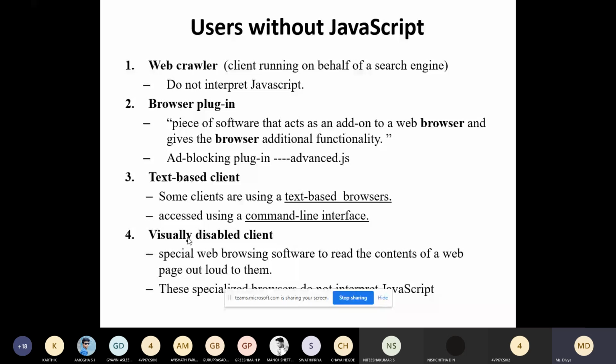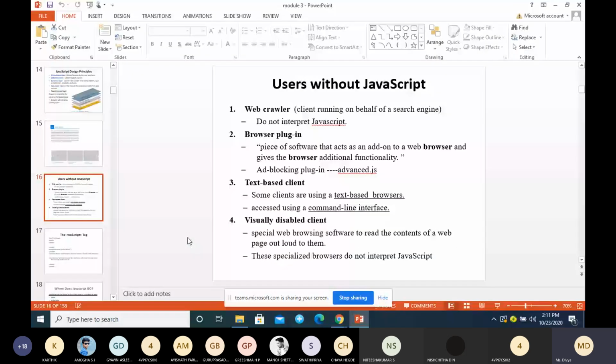Sometimes the special browser which is meant for visually disabled people may not understand the JavaScript code. So these are the four drawbacks where you will not be able to execute the JavaScript code.